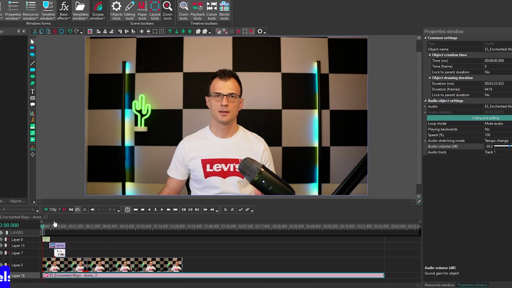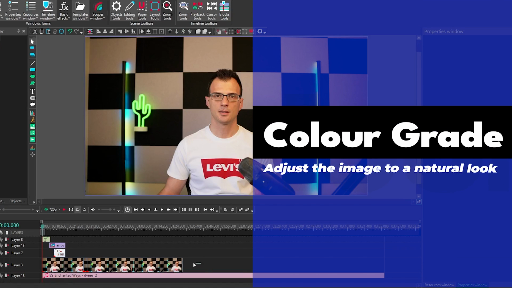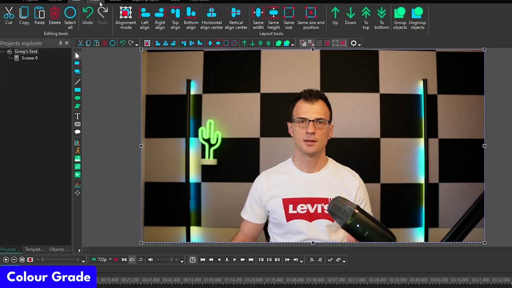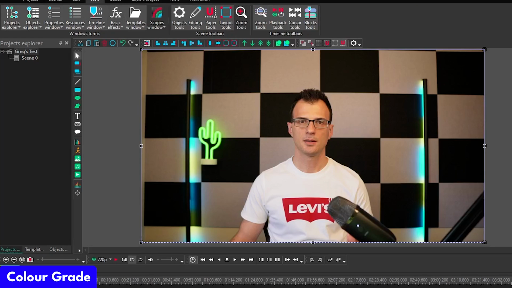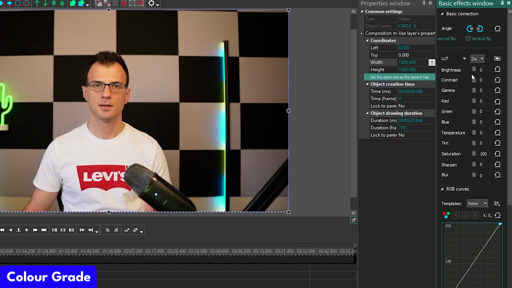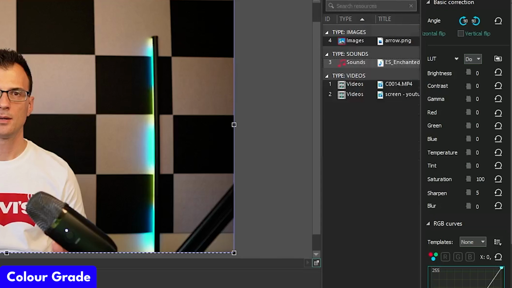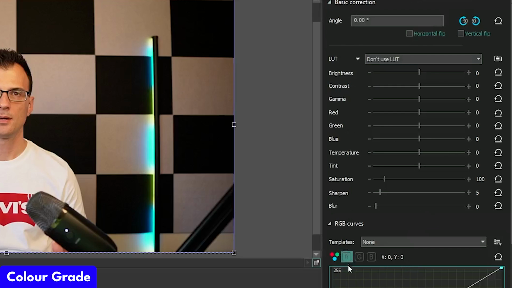not overtake the voice. Next, let's talk about adjusting the color of your footage. So if you select all of your video footage and go to view and then open the basic effects panel, you will be able to do some basic color grading of your footage. Here you've got all of the controls such as brightness, contrast, gamma, etc. Just close any of the other windows you might have open to give yourself a bit more space to work